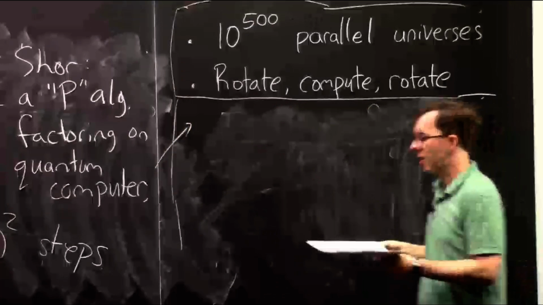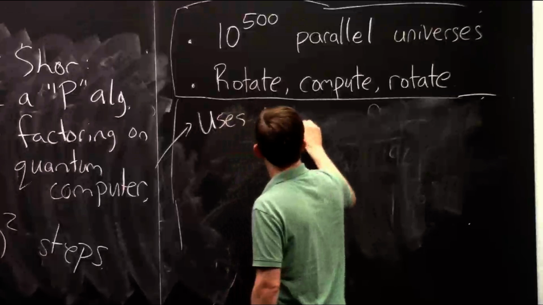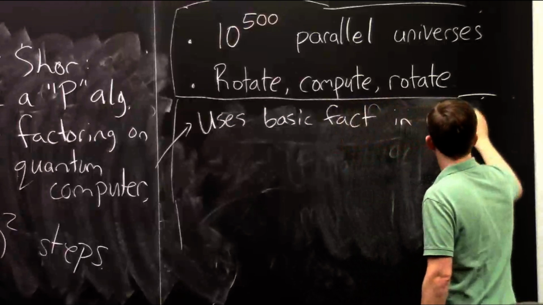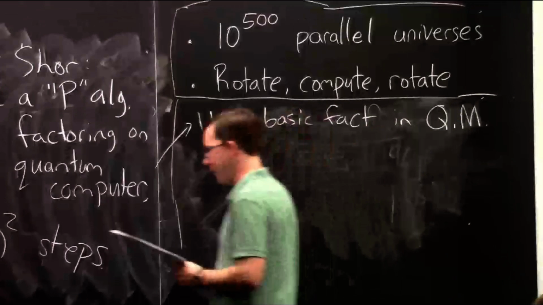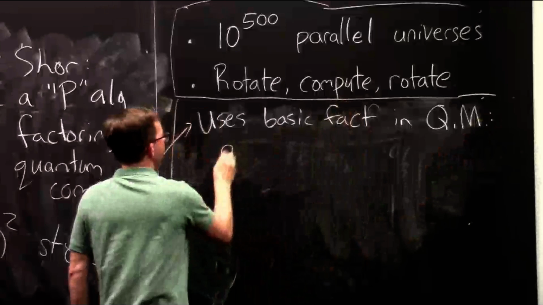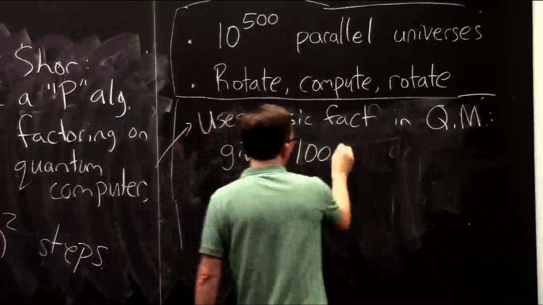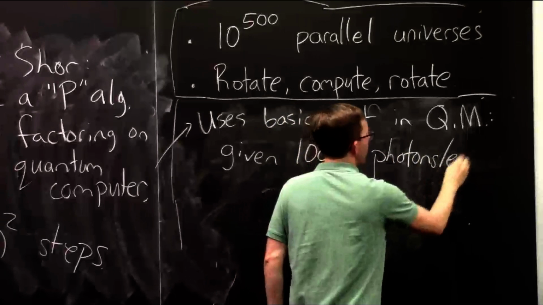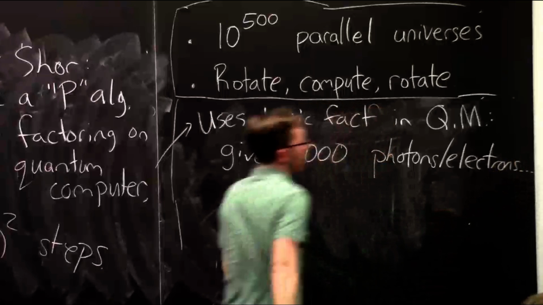It relies on the laws of quantum mechanics, and it uses a basic fact in quantum mechanics, which is that if you're given, let's say, 1,000 subatomic particles like photons or electrons, the kind of things to which the laws of quantum mechanics apply,